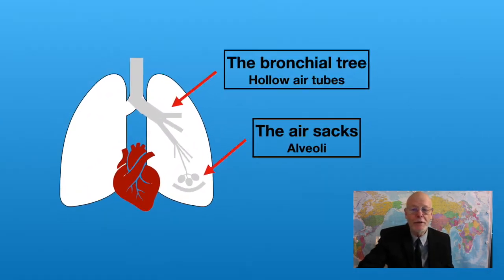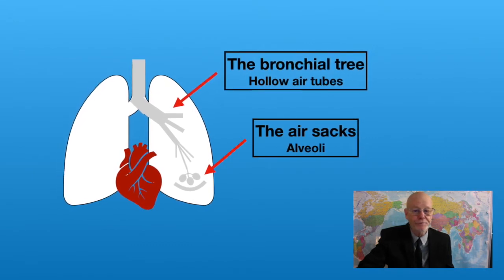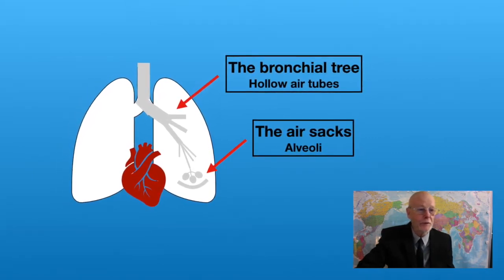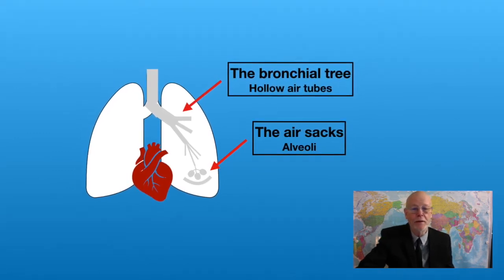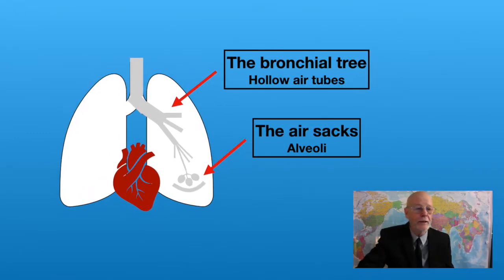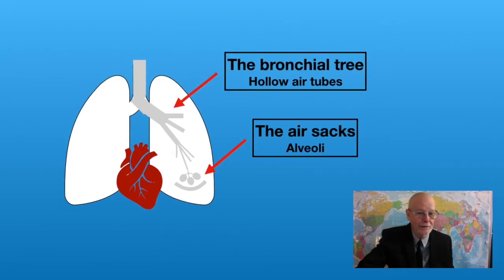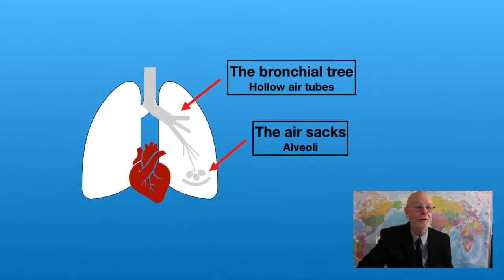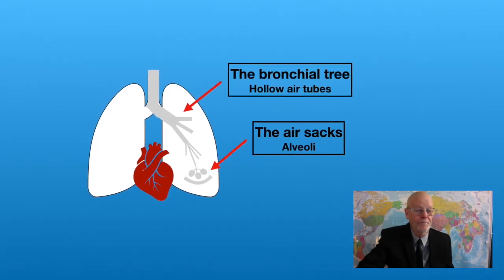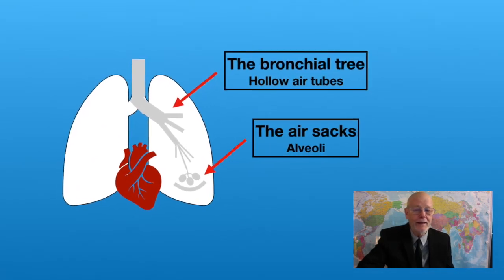When it reaches the chest, just before getting to the heart, it branches off into 2 branches, and they go to the left and right lungs. The right lung has 3 lobes and the left lung has 2 lobes, and they each have